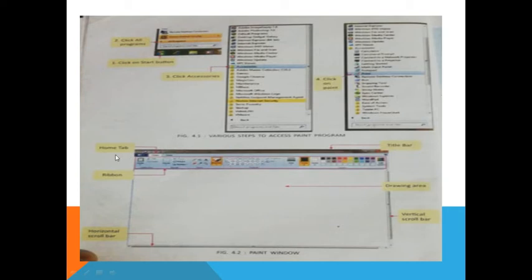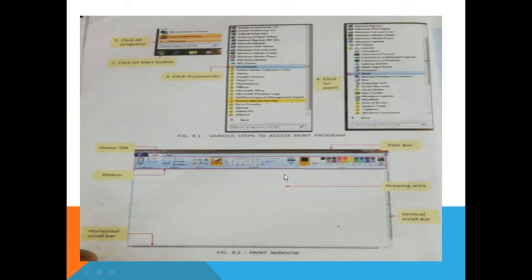Okay, so here is the ribbon, the Home tab, and this is the working area and drawing area, with vertical and horizontal scroll bars. Here is the vertical and here is the horizontal one.